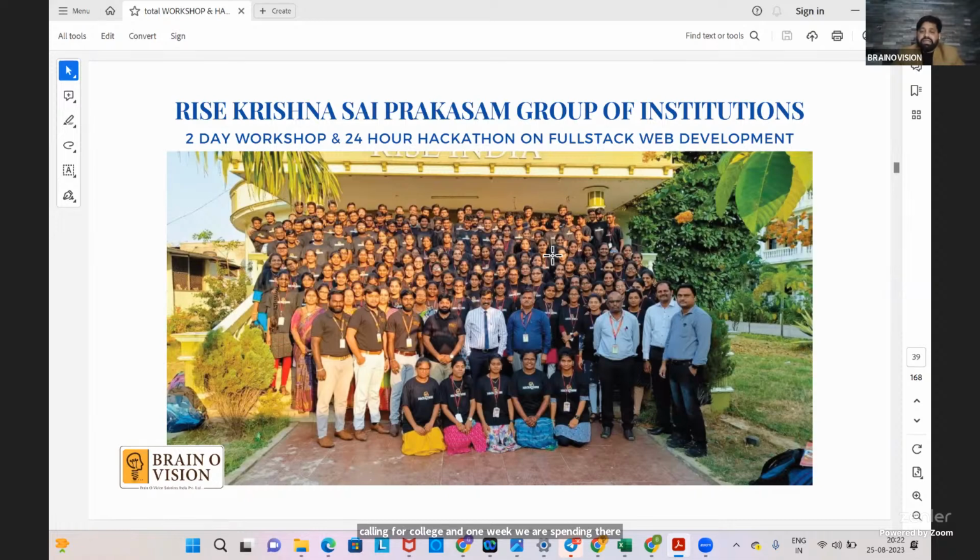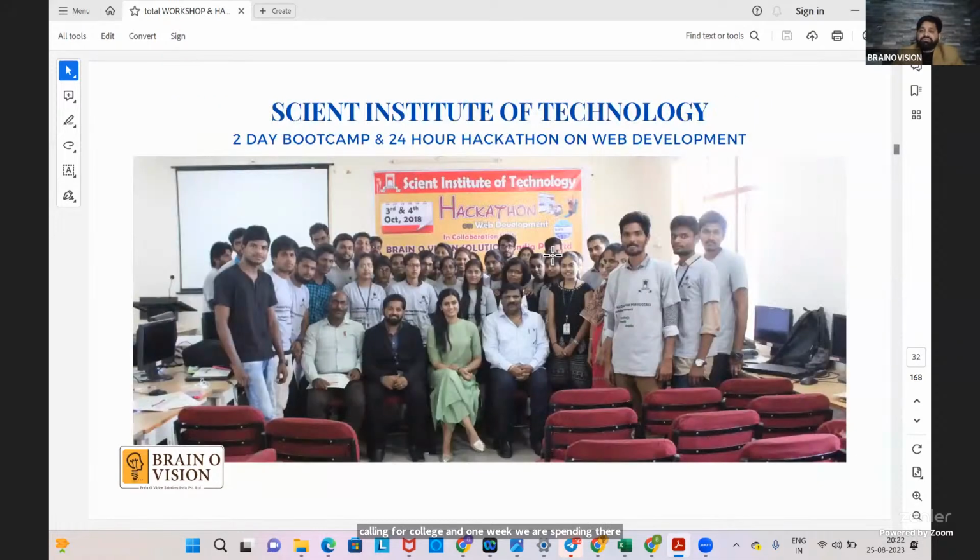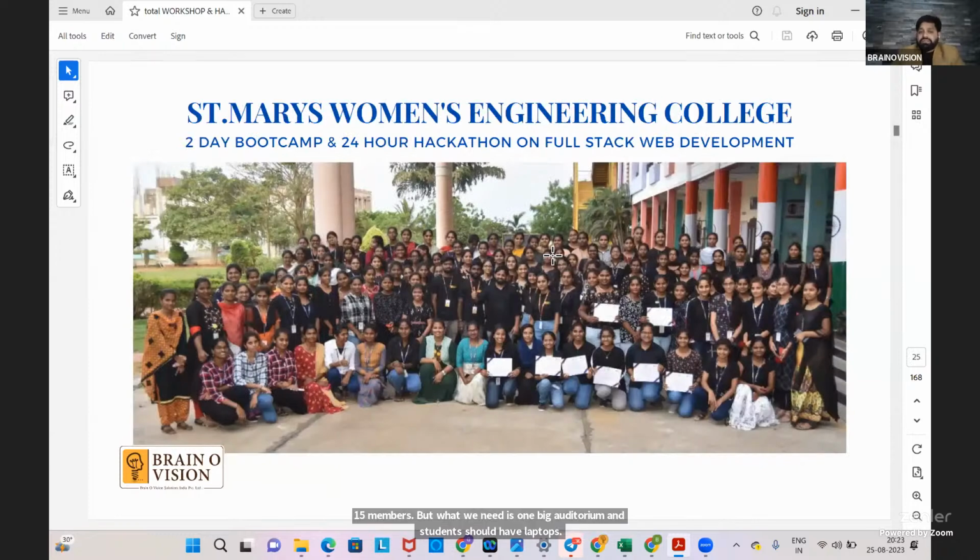hands-on classes. For every 100 students, a team of 3 members will come to the campus. If there are 300 students, 8 to 9 members will come, or for 500 students, 15 members will come. But what we need is one big auditorium, and students should have laptops. That's it. The prices and everything, we will definitely send in an email to you in case any college is really